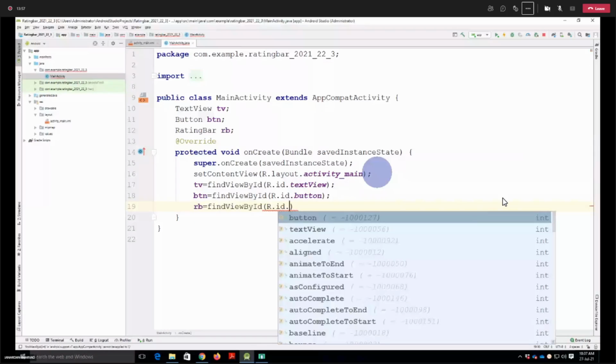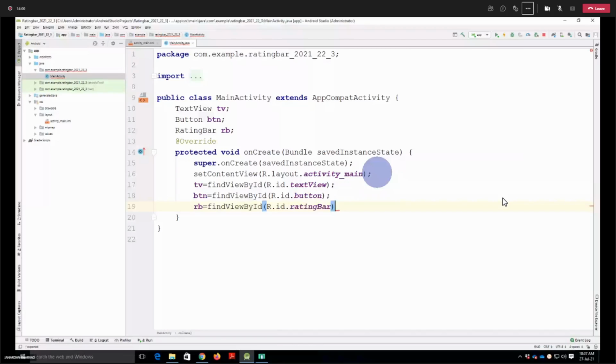And then I'm creating one method, that is the click method, which I am going to create. Right now I'm calling it so that I don't forget to call it later on. So now I'm creating the method, the click method. Okay, so what we want, not on click of button right now. What we want is that whenever we change the rating on the rating bar, the current rating will be displayed in a text view. That is our first task.